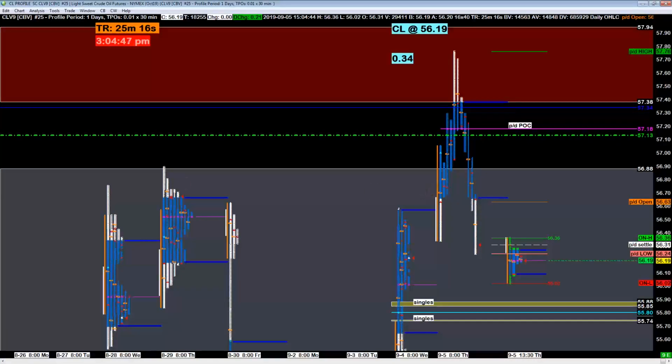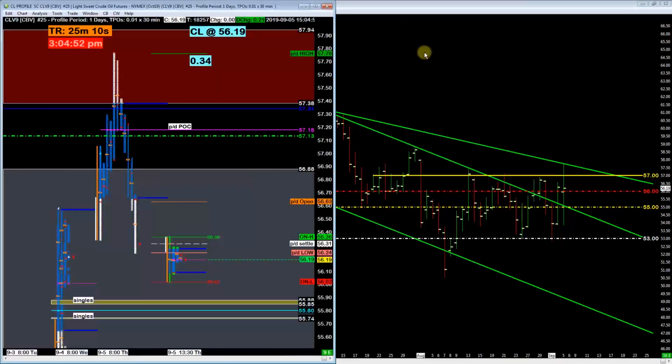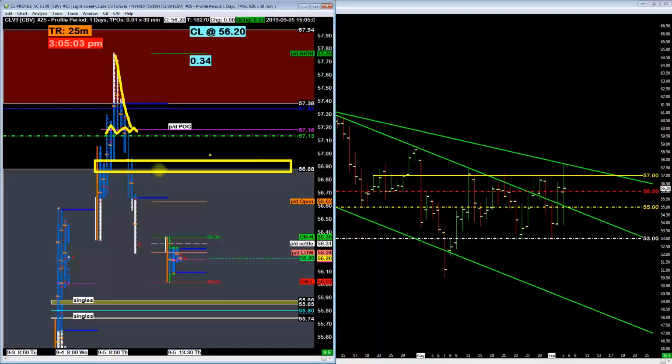Then I looked at the profile at the daily, and I made a reference, right? We're coming to that trend line on the daily. It was going to be resistance, start looking for the other side of the trade. And so we did multiple trades. One of them was the breakout of the 57. I told you guys to look for the 56.85 number, and we got it.